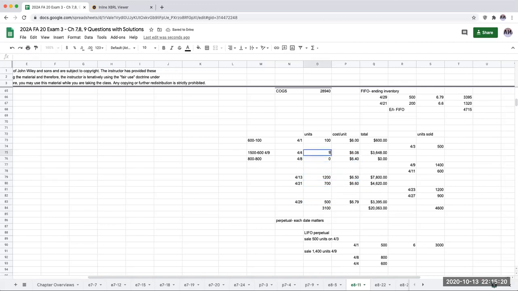So I'm going to be left here with 900 units. Okay, so this was at 608. Sorry, the 4/8 was at 640, and this here was at 608. Okay. I'm done with this sale here. I now go to April 11th. When I go to April 11th,